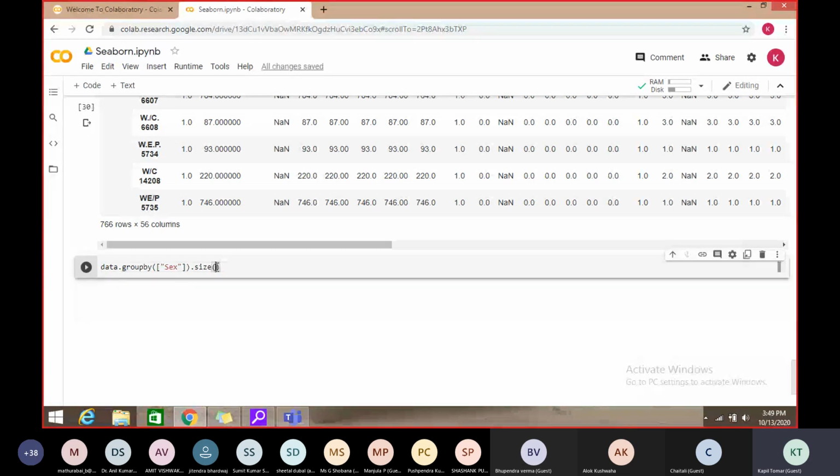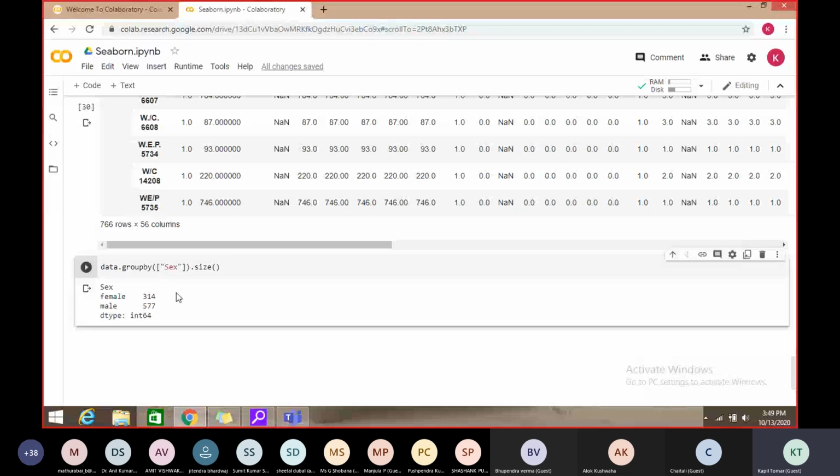I have grouped by a single column and I want to check the size. So done. This is sex, with two different entries, and it gives the size for each. In this column, the total number of female is this, the total number of male is this.